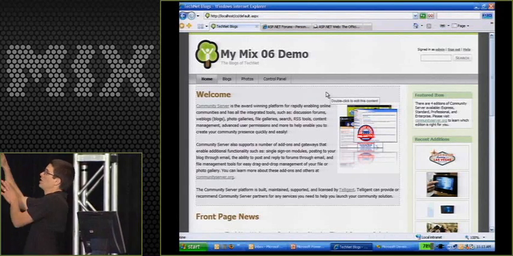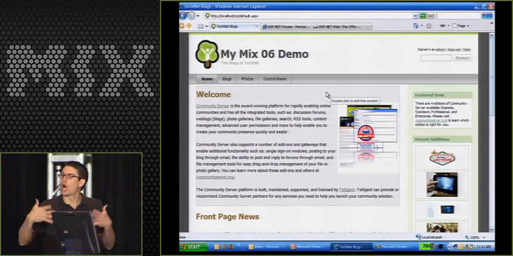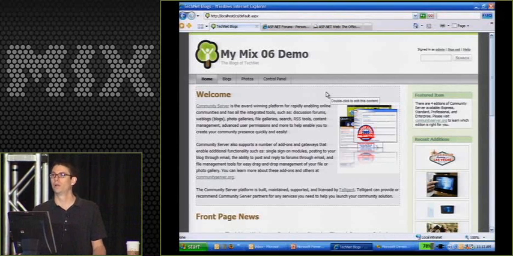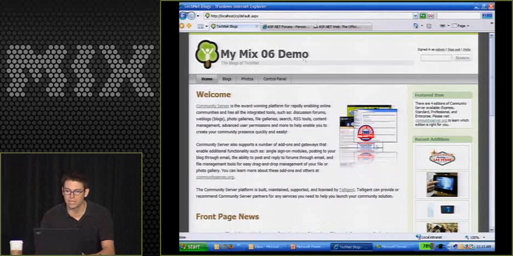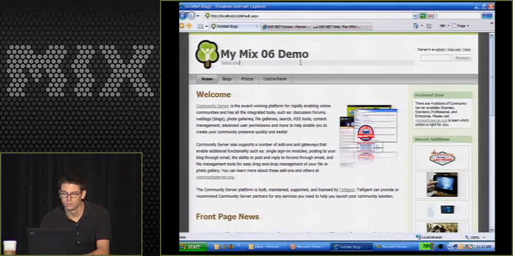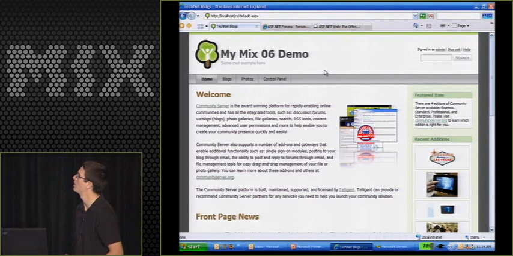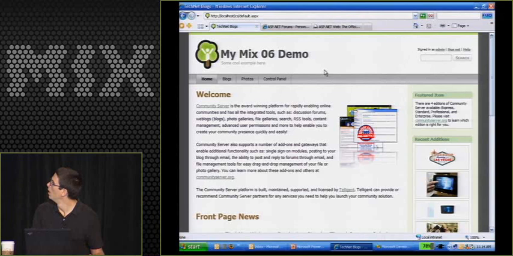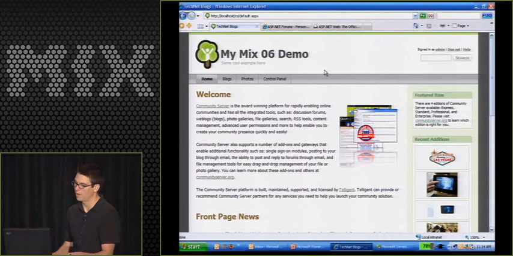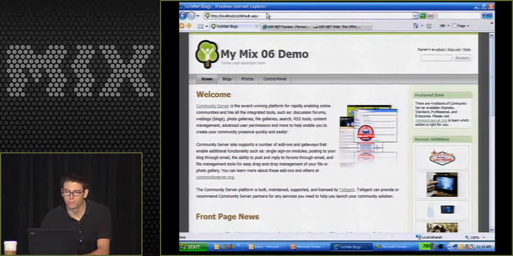So when I'm logged in as an administrator, typically, obviously I wouldn't be logged in always as an administrator, but when I'm logged in as an admin, I want to come and change some stuff. It makes it really, really easy to go in and change some of the common items. So if I wanted to go in and, I don't have it enabled here, but I could do the same thing on communityserver.org,